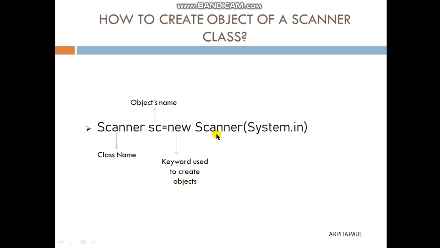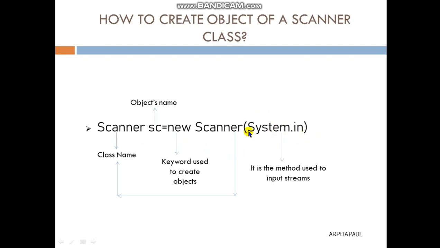After that again we will write Scanner, which is the class name, same class name for which you are creating the object. And after that within bracket we will write System.in, and this is the method used to input the streams. Okay, so basically System.in is the predefined method which will help us to input the streams into the program.